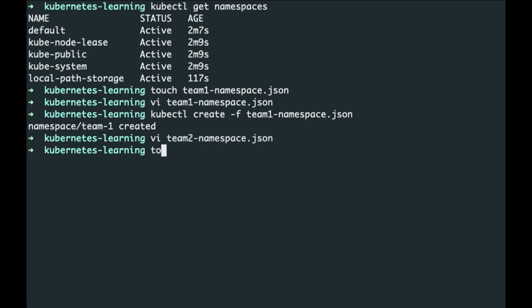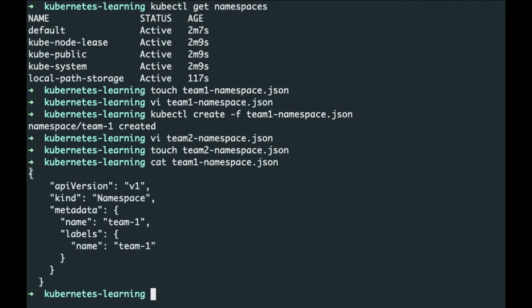Let us create one more file, which is team2-namespace. We can give the namespace details for them. Now let us copy from the team1 namespace file.